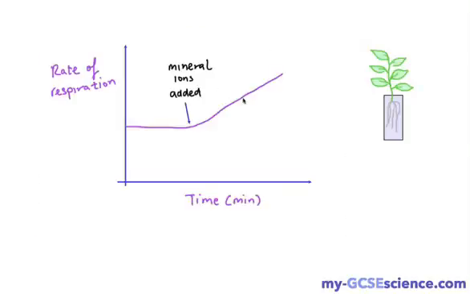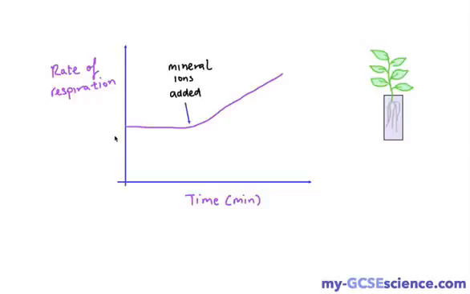The last thing I want to cover is an application of this kind of idea of active transport. We've got a plant here that's growing in some nutrient solution. So this is water with some mineral ions in it, or it might have some mineral ions in it that's required by the plant, and you might see something like a graph that looks a bit like this, and the question might be, or it might be related to something like, we've got the rate of respiration measured on the